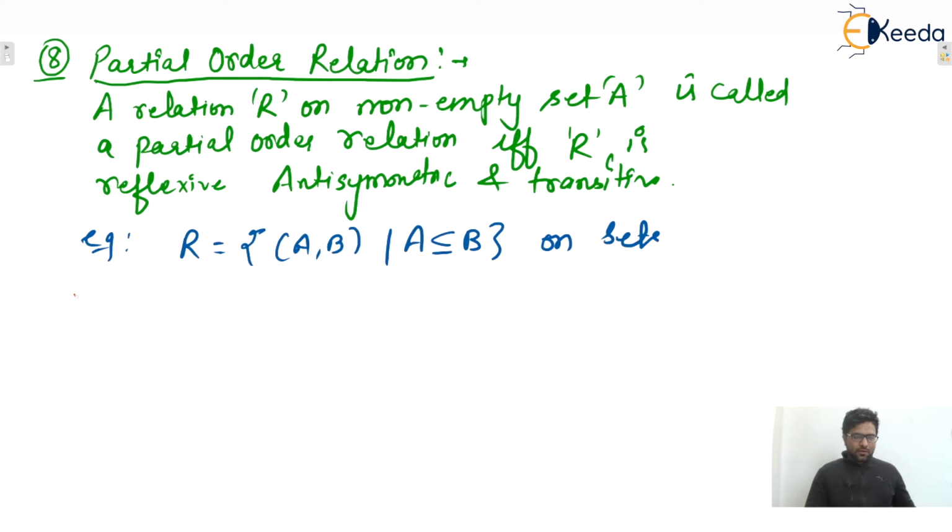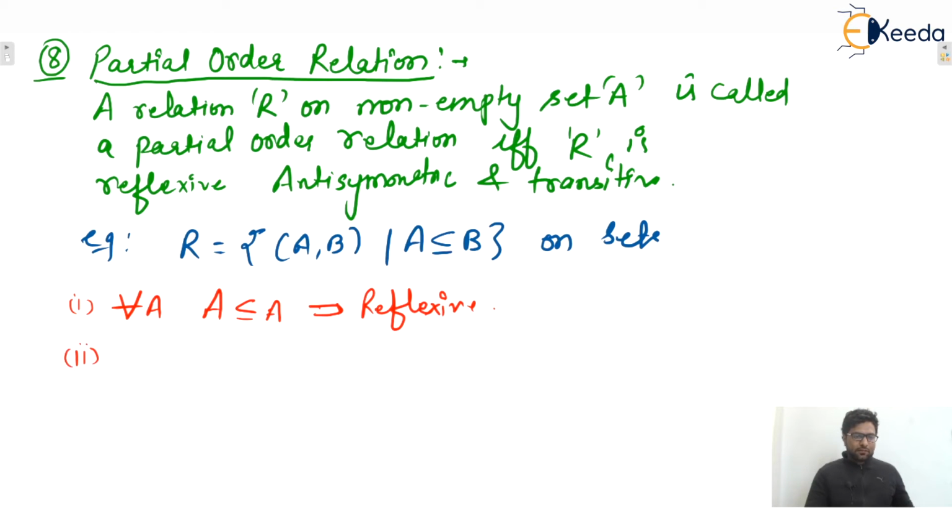So now you only tell me. First one, for every A, any set belonging to the universal set, we can say that every set is a subset of itself, or not? Yes. So there will be ordered pairs like (A, A), (B, B), and so on. That means every set is a subset of itself, so all self loops will be there. Because of that, this relation is what? A reflexive relation.